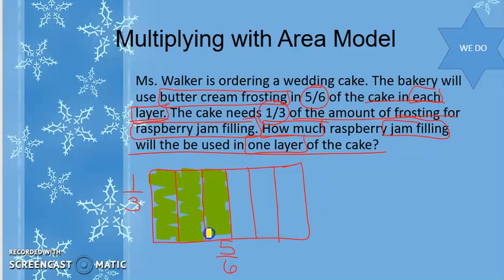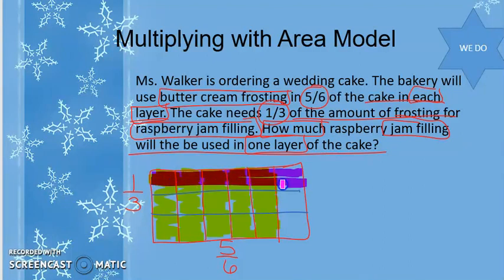Because we know that we have 5/6 of this cake that has buttercream frosting. Now, out of those 5/6 portions of the cake that have buttercream frosting, 1/3 of it is also going to have a raspberry jam. Okay, I guess I'm leaving raspberry jam out because maybe some people don't like it. So now we're going to break our cake into thirds, okay, 3 parts. We're going to break the 5/6 into thirds, and we want 1/3